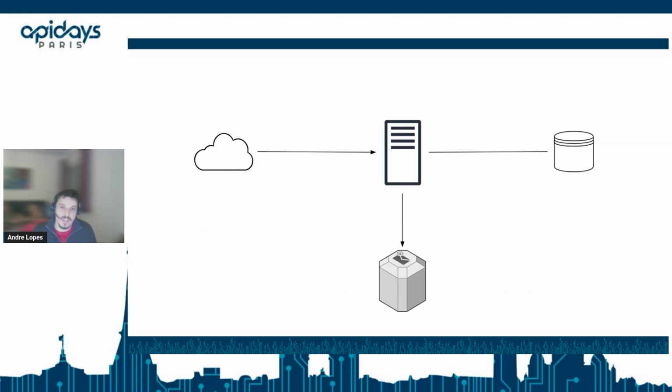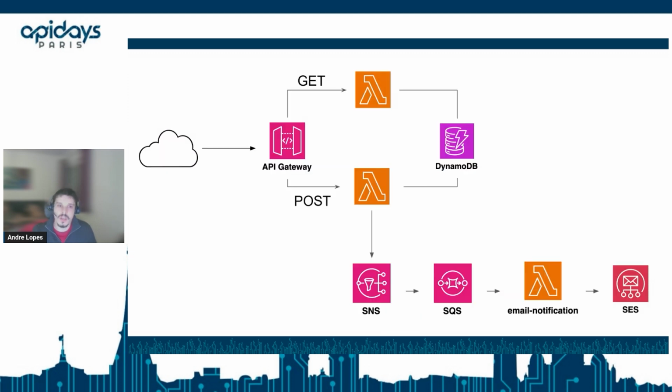So here we have an example of a classic architecture where you have a server, a database and an email server, right? And if you want to translate this to a serverless architecture, you would have something like this, where you would have an API gateway, a Lambda to get requests from DynamoDB, a Lambda to create data in DynamoDB, and this Lambda can just push a notification to SNS, then to SQS, and another Lambda to process and dispatch emails